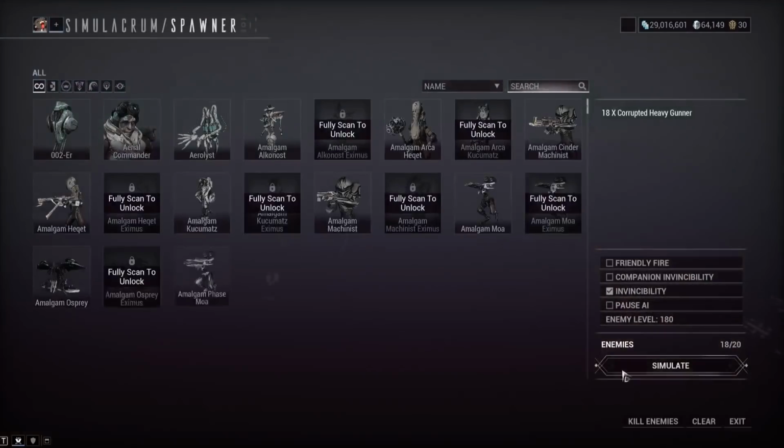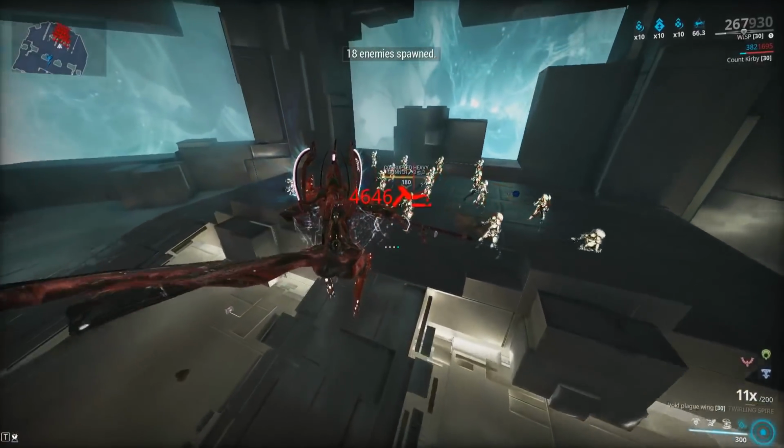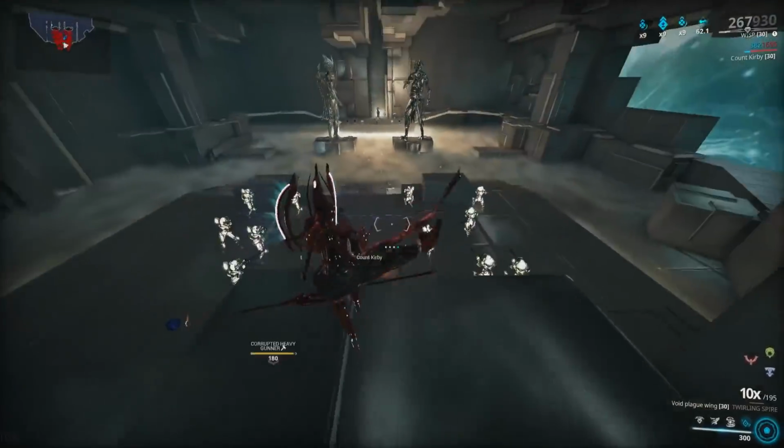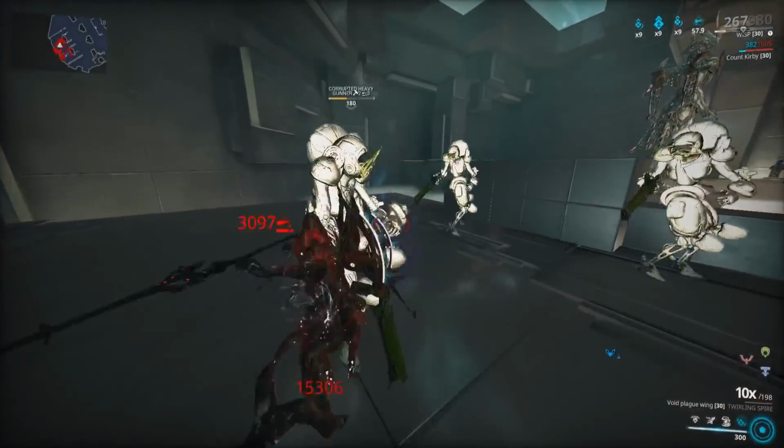So here we are. This is a clip I recorded earlier. Now we're not using the exact same build here, but this is with Blood Rush and Weeping Wounds. So there you go. She got 2 corrosive procs on her. It's lots of red crits. We're not using Roar, and something that's actually kind of fun with this is to use the new